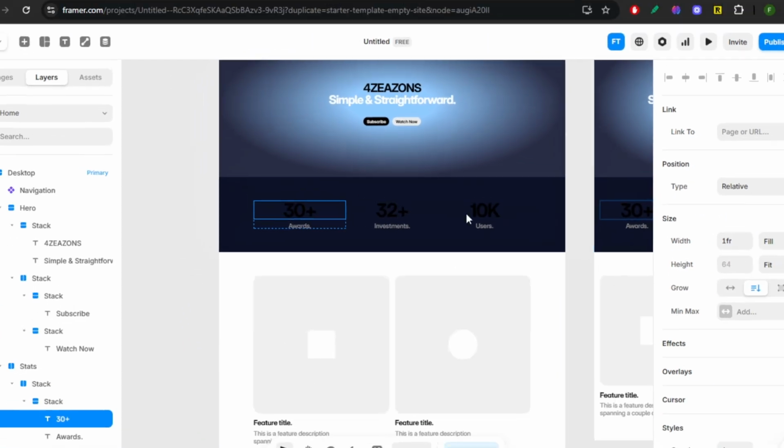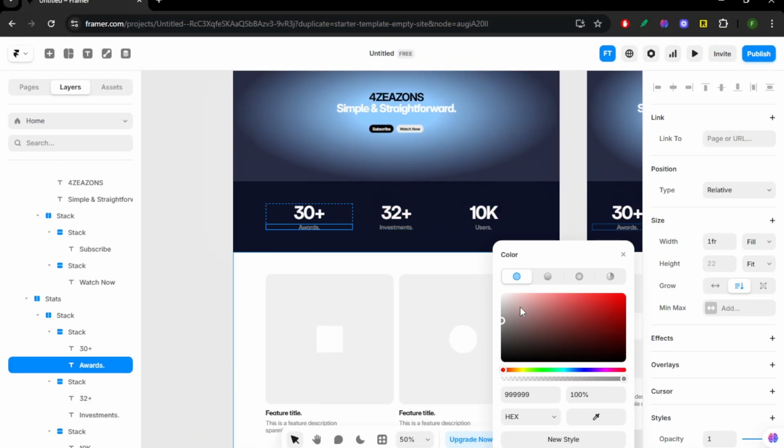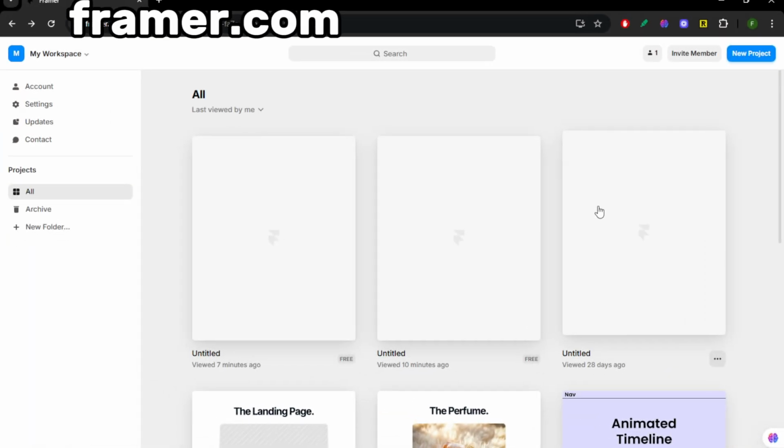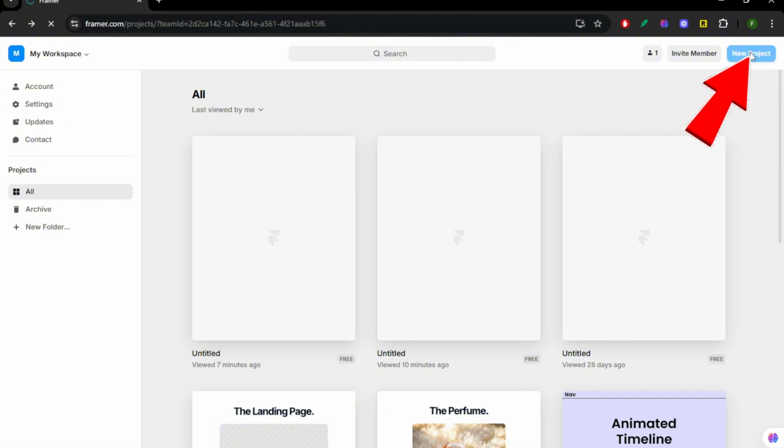Hello guys, in today's video, I'm going to show you how you can create a website in Framer. The first thing that you're going to do is head over to framer.com and sign up or log in to your account. And then from the dashboard, just click on this new project at the top right corner